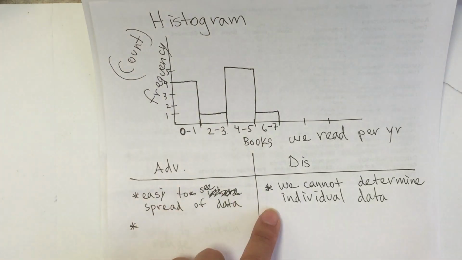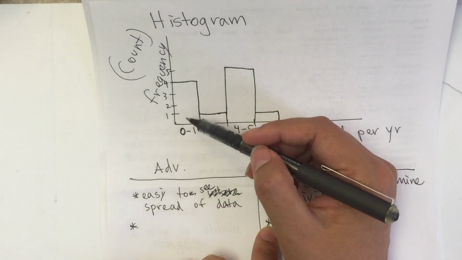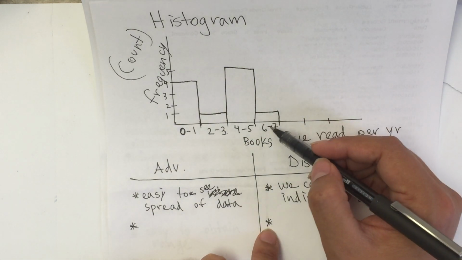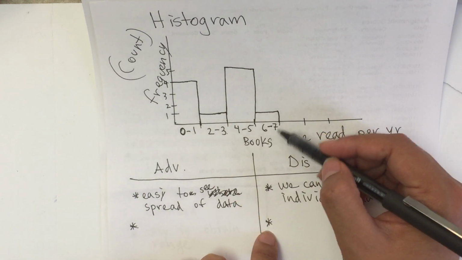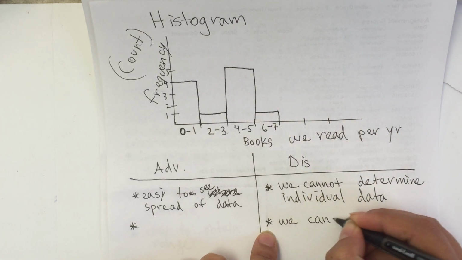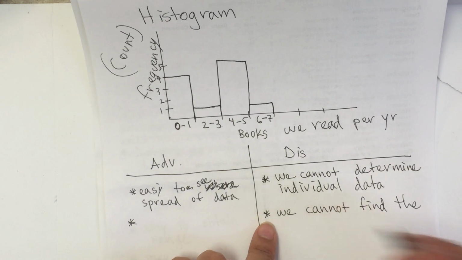Another disadvantage is you cannot see the range, again, because we don't know, maybe all 4 people are in one book, and if we think that the range would be 7 minus 0, that will be an error, right? So we cannot find the range